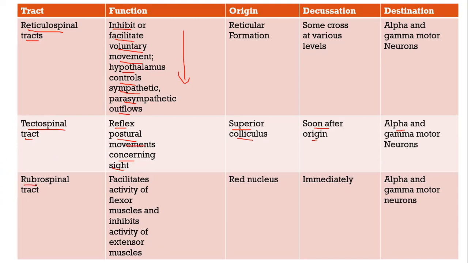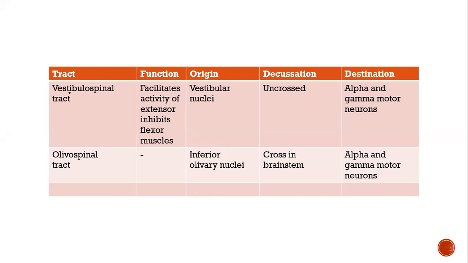Then we have the rubrospinal tract. Rubro word यूज करते हैं for the red color, and red से हमें याद आता है red nucleus. So the rubrospinal tract basically facilitates the activity of the flexors and inhibits the extensor muscles, जो भी मैंने आपको बात करी. तो अगर आपने flexion करनी है तो आपका रुब्रोस्पाइनल ट्रैक इसको फैसिलिटेट कर रहा होगा ताकि एक्सटेंसर्स को रिलैक्स कर सके. इसी का उल्टा काम जो है ना वेस्टिबुलोस्पाइनल ट्रैक कर रहा होता है, जो वेस्टिबुलर न्यूक्लियस